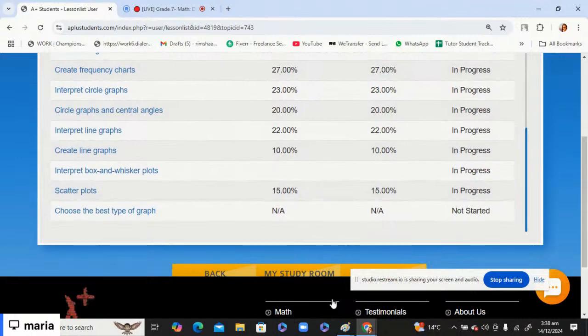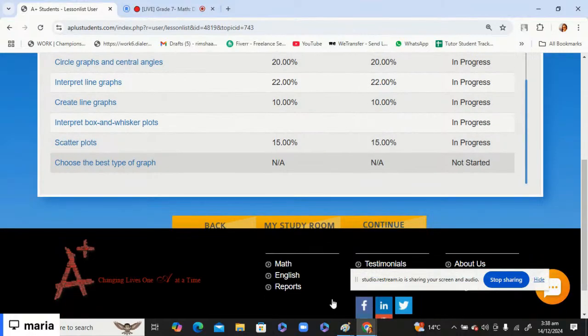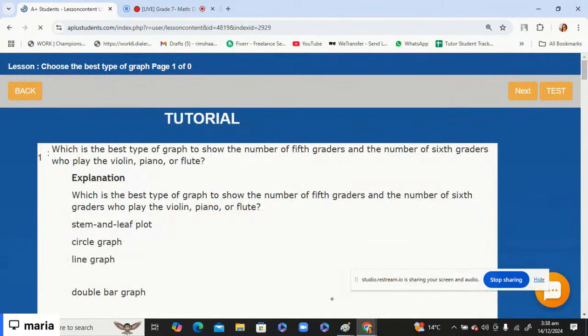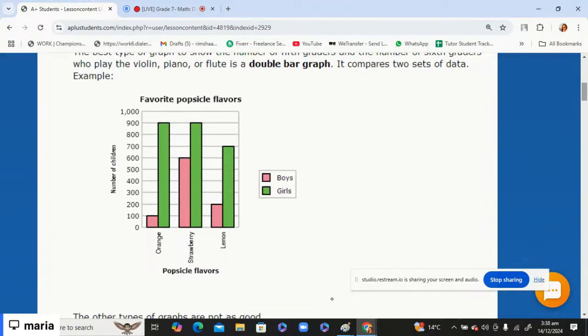So now we are on choose the best type of the graph. Which is the best type of the graph to show the number of fifth graders and the number of sixth graders who play the violin, piano, or flute? So, which is the best type of the graph? The options given are a stem and leaf graph, circle graph, line graph, double bar graph. Okay, so when you see,